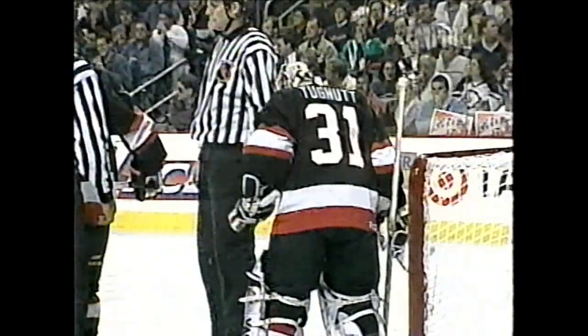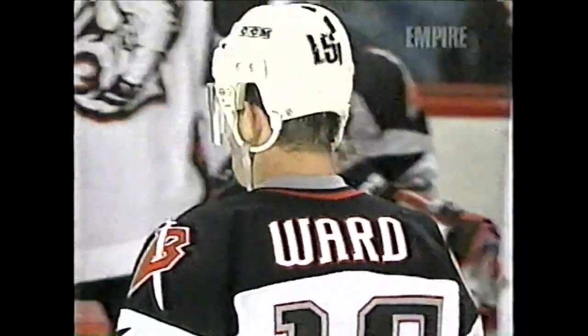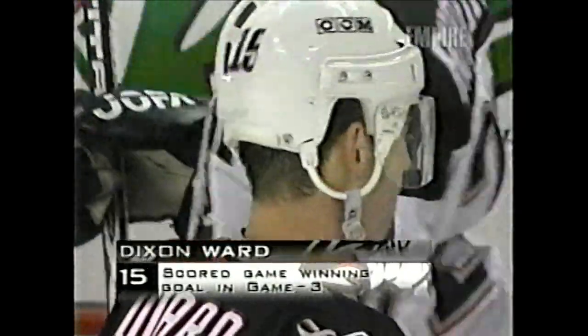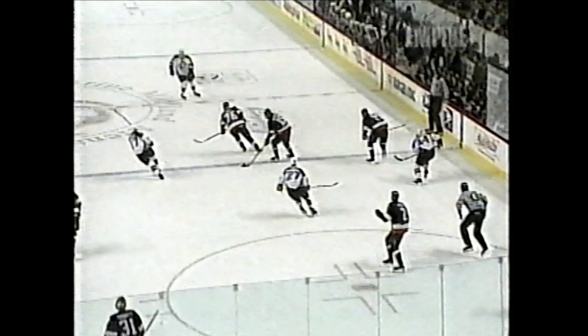Now Dixon Ward told me in Ottawa that he wanted his line to be more aggressive against the Yashin line. In other words, try to generate more offense in the Ottawa zone, and that time they certainly did it, and they did it in Game 3 as Dixon Ward scored with 19.1 seconds remaining. Alex Shipnick is full of enthusiasm tonight, and a couple of times he's